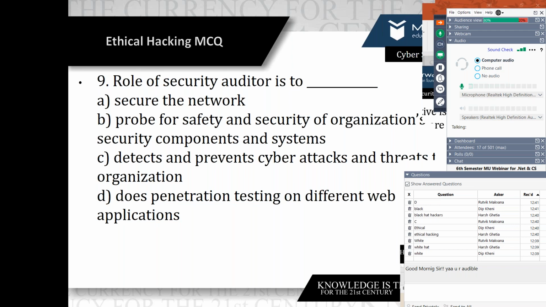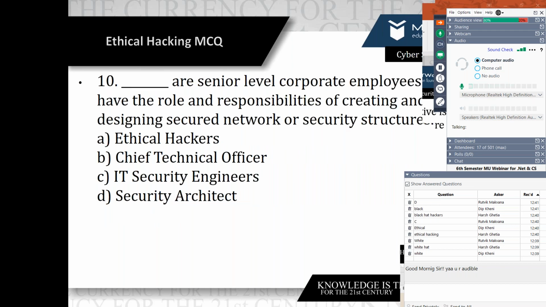The security auditor's role is to give particular suggestions as well as improvements for the design or the particular security mechanism. Because if you are doing certain testing, that is again the role of the IT security engineer. It does not come into the part of the security auditor for penetration testing. So now the answer to the 10th is B, security architecture, who particularly designs the security network.